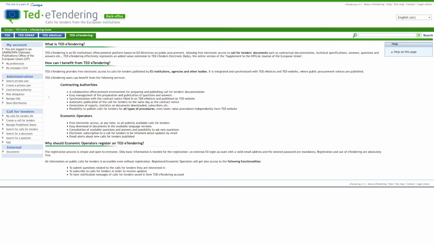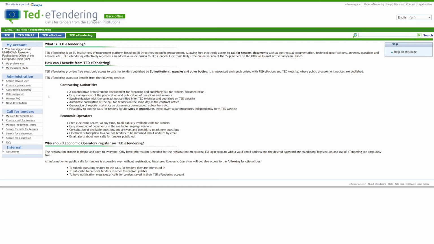For this, you need to be a Contracting Authority Administrator and have the following information. Firstly, the user's first and last name. Secondly, the role you want them to have. Will they be a Contracting Authority Administrator or a CFT creator? Thirdly, the name of the contracting authority the user will be part of. And finally, whether the user will be allowed to integrate their account with the e-submission platform. It's also helpful to know their username.